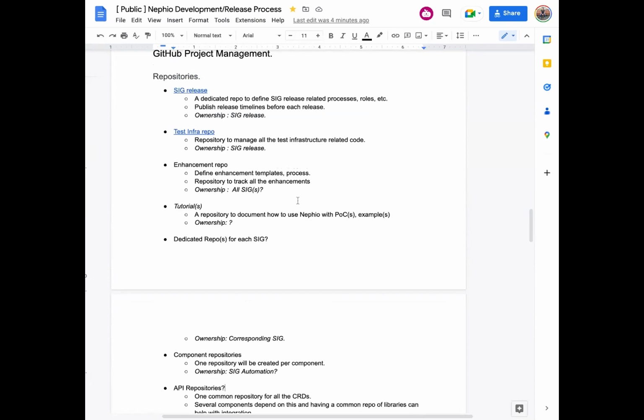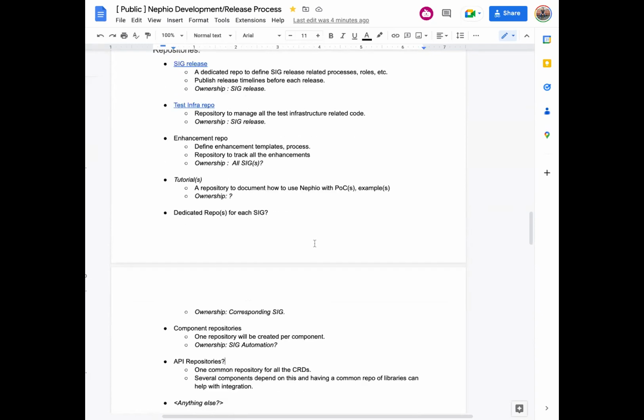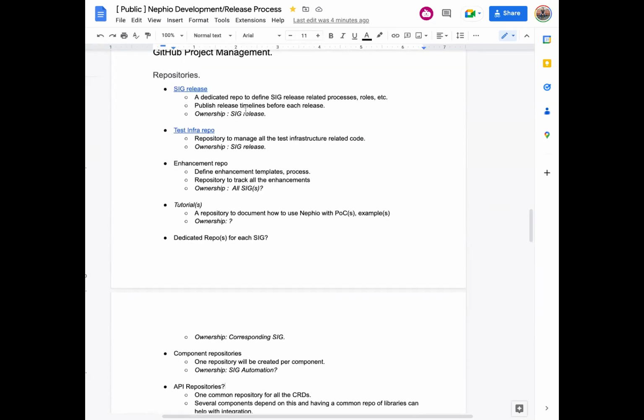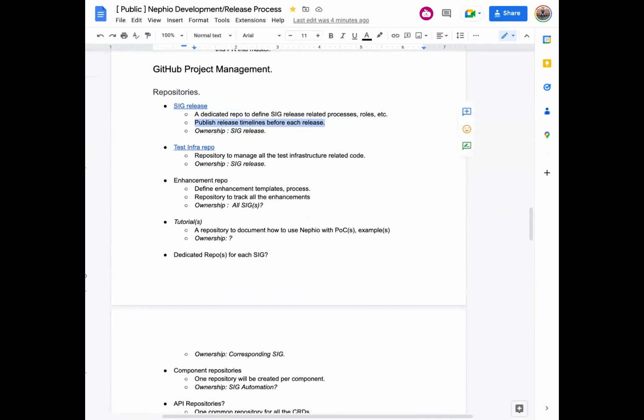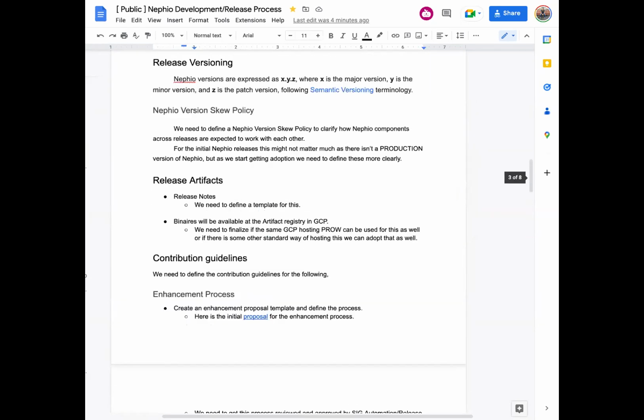Okay, cool. So let's just quickly run down the list. For SIG Release, this is the plan, but again, nothing is set in stone, right? We could have a dedicated repo to define all the processes, roles, etc. And another reason this repo will be used is just before the release, like what we have highlighted here, someone needs to